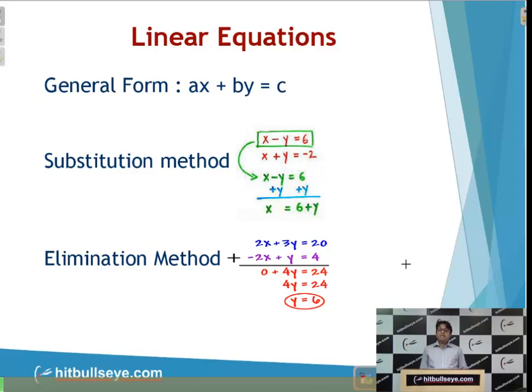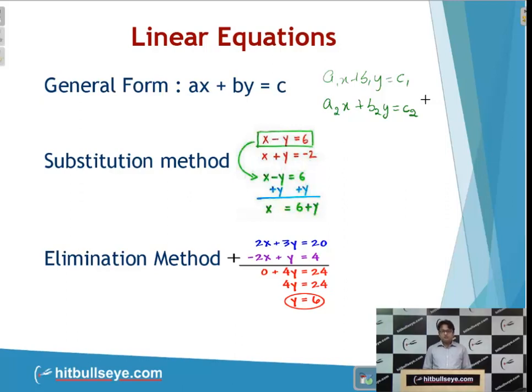So we could not solve any linear equation if we are given only one equation. That's why to solve any linear equation, we need at least two equations. For example, we could write it as a1x plus b1y equals to c1 and a2x plus b2y equals to c2. Now to solve these equations, we will be having the values of a1, b1, c1 and a2, b2, c2 given by the examiner, as we are given the separate examples in substitution method and elimination method. That means we have two methods to solve the linear equations broadly.